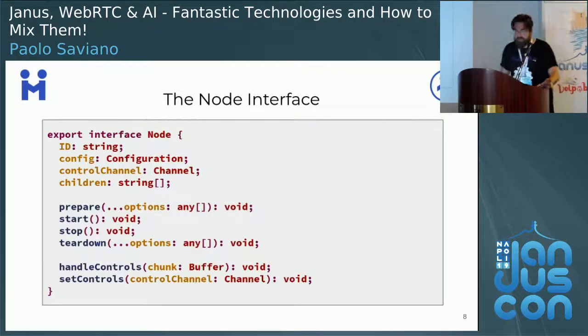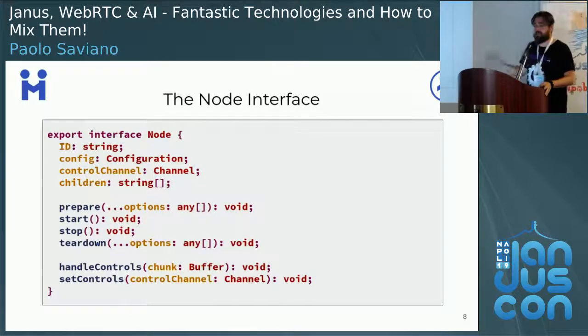Okay, let's start to get our hands dirty. This is the node interface that summarizes all we have said till now. It describes the common parts of all the nodes. For example, a node is identified by a unique ID, and we keep track of its downstream nodes in a list named children.